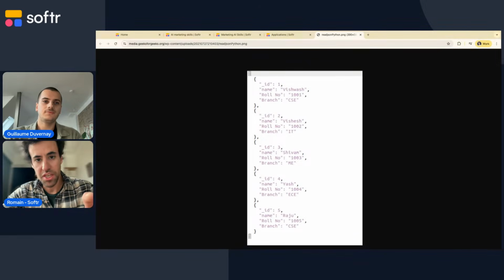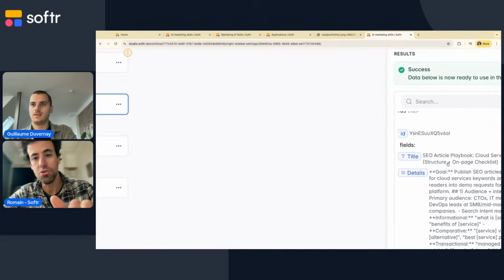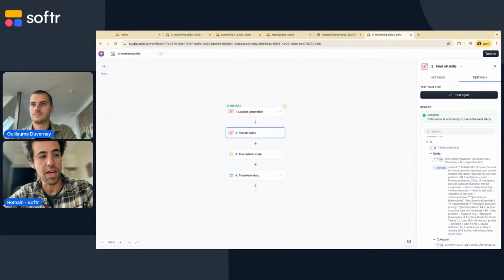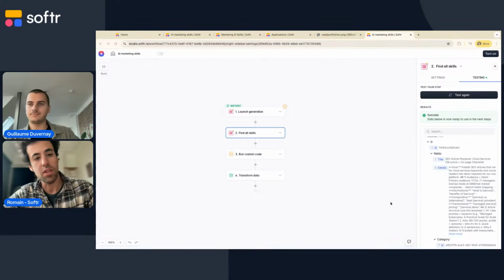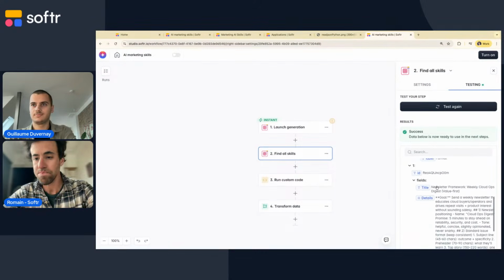So what you see here is a list of objects. So you have several objects, and within each object you have key value pairs. So here you have 5 objects, and usually when you have items like that, you will iterate through the items, and for the first item potentially you will want to update information, to trigger a specific action. Then you go to the second one, etc. So we will see later on that we will use a bulk action to go through the items. And then within the item, you can just select the key to access the values.